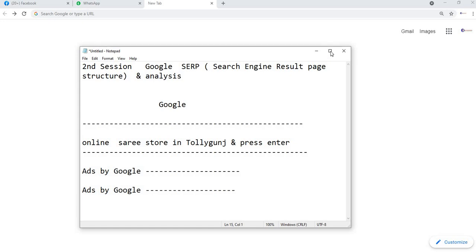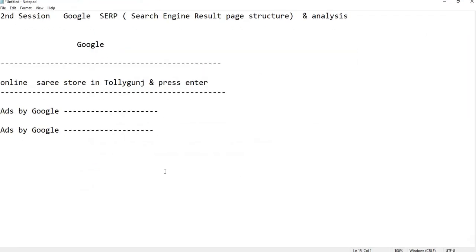First it will show ads by Google. So all these are sponsored ads by Google, that is PPC ads or AdWords.